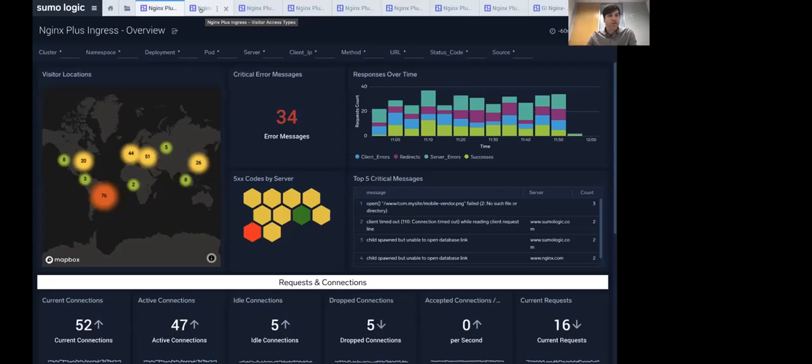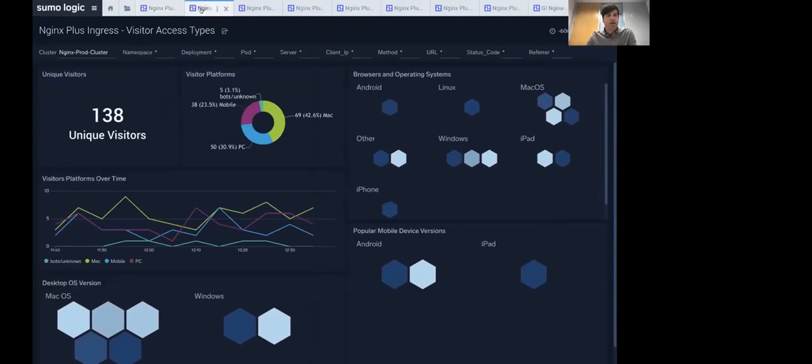Cool. Well, let's do a quick tour through some of the content that we've got available here. The first area I want to talk about is visitor patterns, being able to get visibility into some of the things you can't control. Who's accessing your site? Where are they coming from? What devices are they using? What is their behavior? When are they accessing it? Being able to filter this by different clusters or namespaces, deployments, all the way down to an HTTP status code, can really help you tease out any anomalous behaviors and get out in front of any potential issues